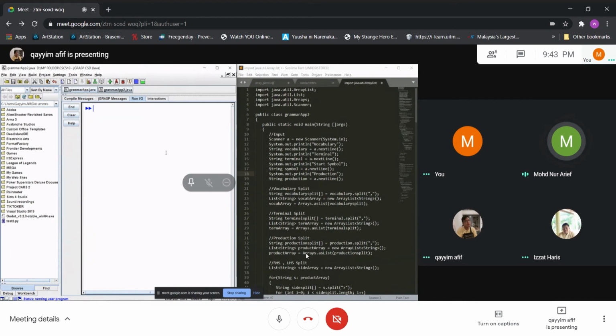I am Arif, and for this street structure subject group project, we are required to write a program that will read surface structure grammar or PSG given in a question. After a user keys in the PSG input into the program, the program gives the result for the type of grammar, either type 1, 2, or 3, or even 0, and also the accepted string. We may create a GUI or non-GUI application to process our input and output. Then I will pass to Izzat.